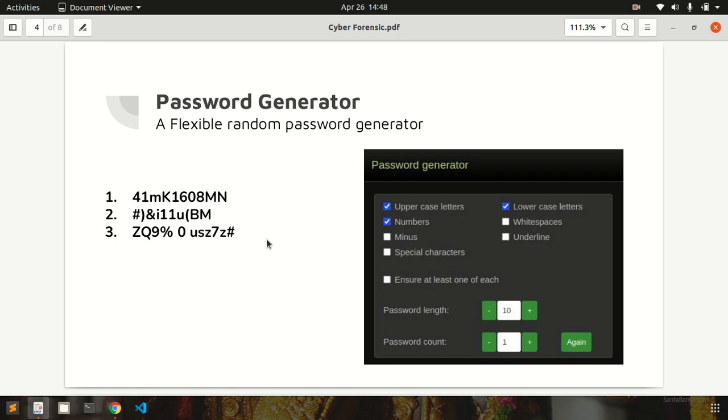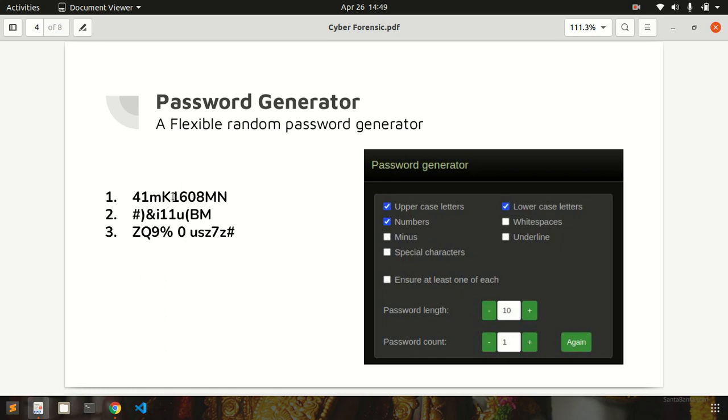So this is a very good feature which will help you to generate many random passwords, and it has different options. Whatever is your choice, you can just ensure that it is marked and you can generate the password. These are the 3 examples I have shown you here.